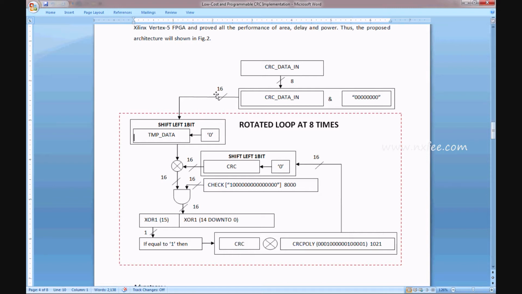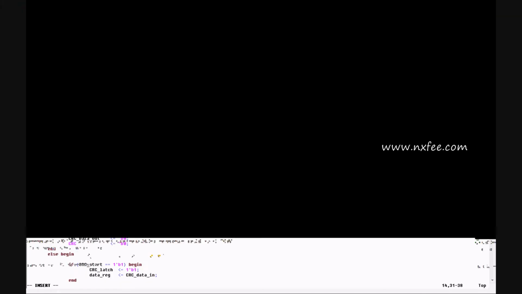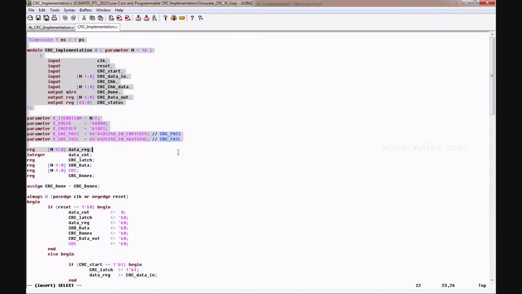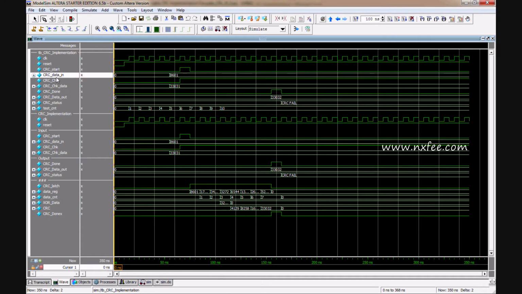In this work we developed in Verilog HDL. This is the test bench code and this is the top module for CRC implementation. And this is the simulation. Here we give an input of 8601. It will be calculated in the CRC part, and finally it will come up with the CRC value